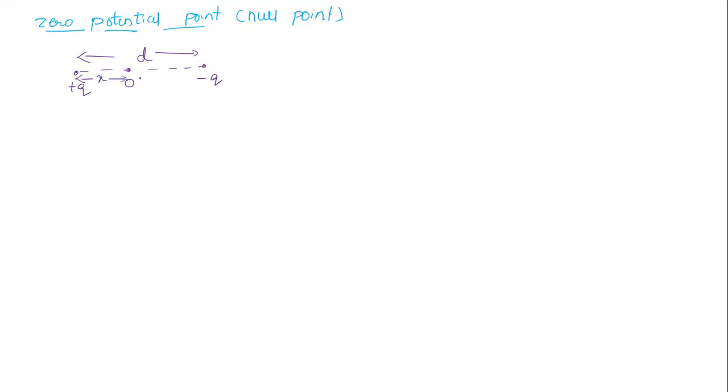From here, and this distance will be what now? Always D minus x. Remaining is what now? D minus x from where now? From negative charge. That we know. One is from this charge, one is from another charge, D minus x. That's clear. Now here we get a zero potential, right?